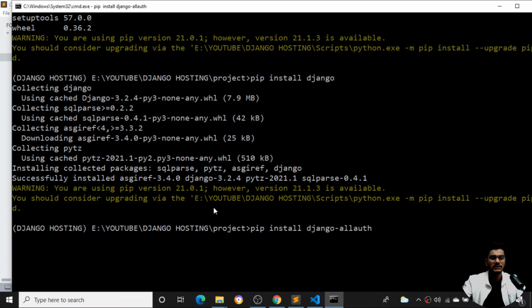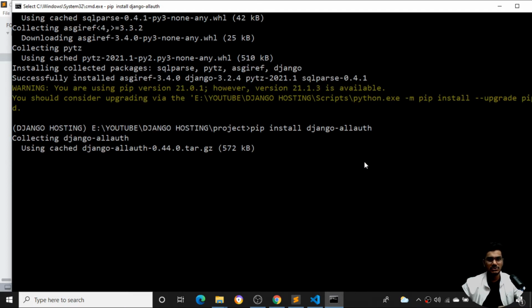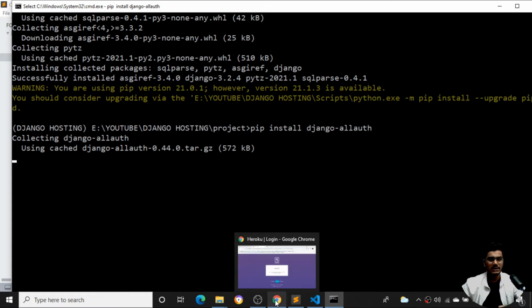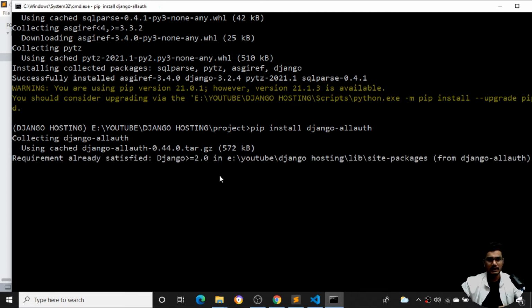So this is the module which we install for the login with the Google account. I'll be installing this particular module also, and I have installed pip install Django also. Once it has been installed, the next thing we need to install is the pillow module. At the time of development of our project, we had installed the pillow module to upload the images as well as to view the images over here.